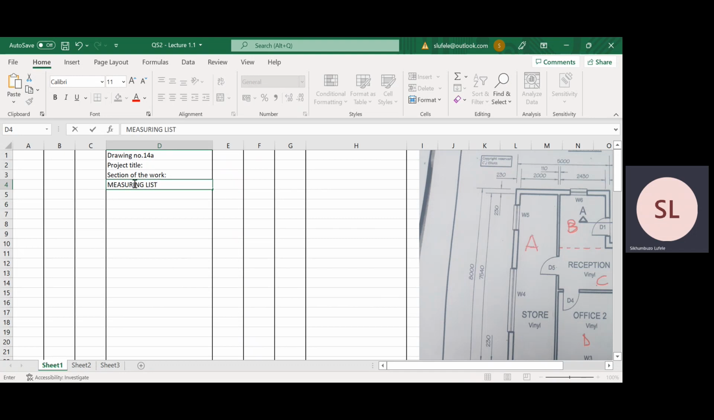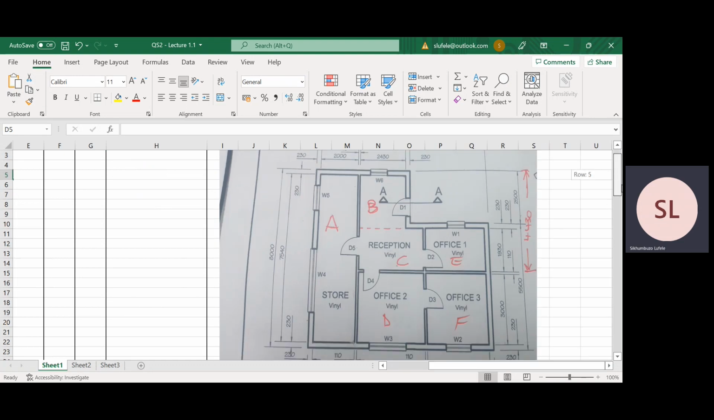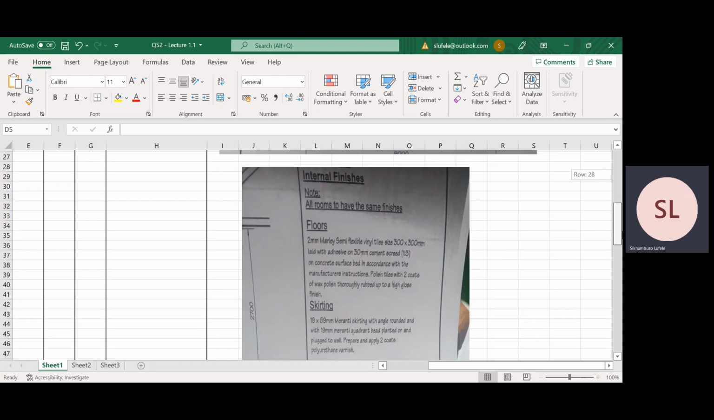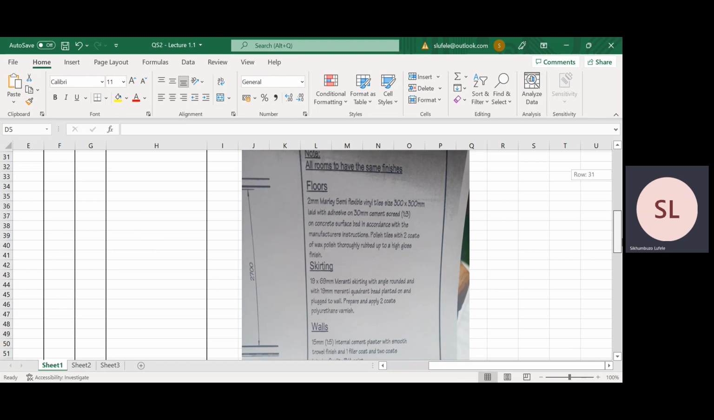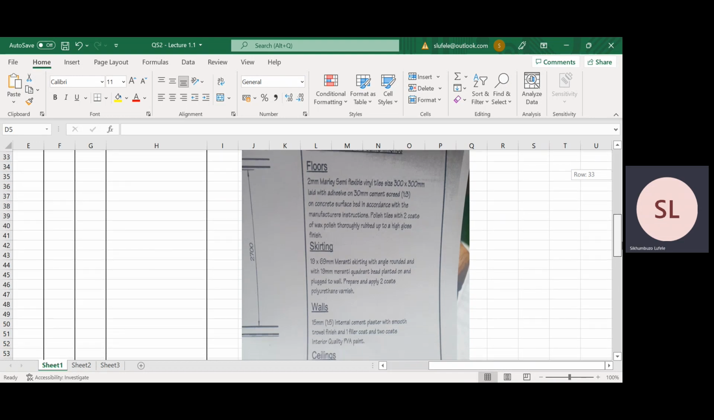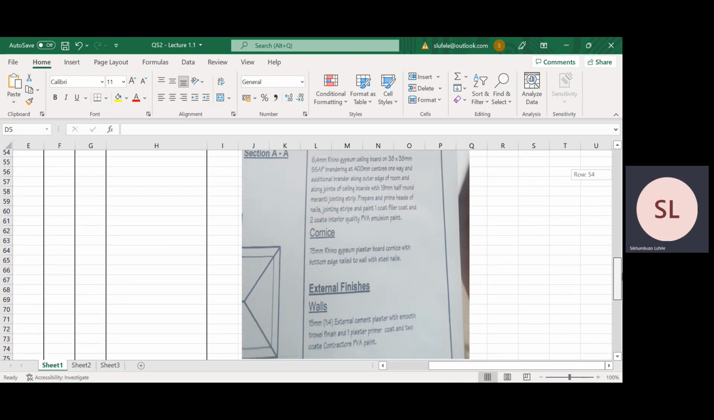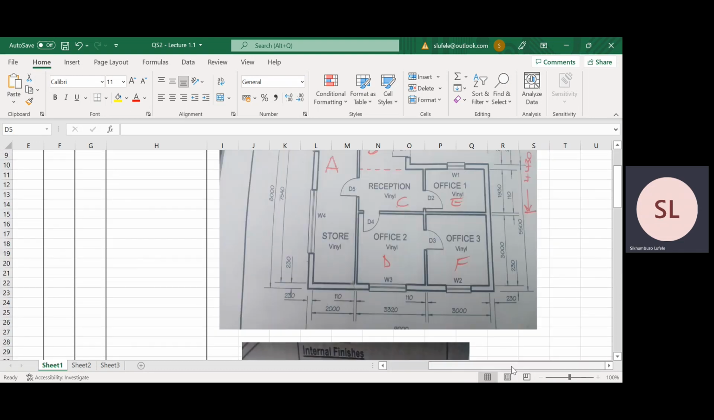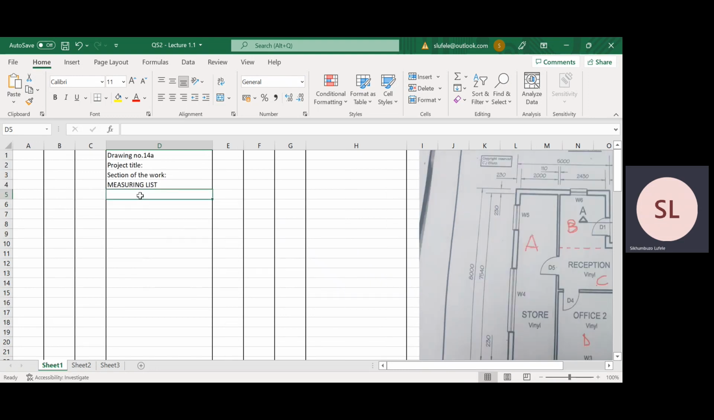And remember, when you do a measuring list, it must be in accordance with the plan that's given to you, as you can see. And also it must be in accordance with the specification. As you see here, we are dealing with internal finishes as well as external finishes. So in terms of your measuring list, with regards to the internal finishes,